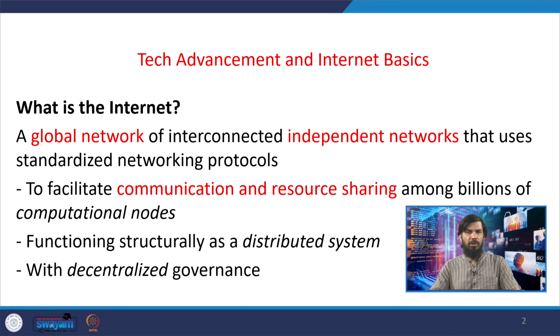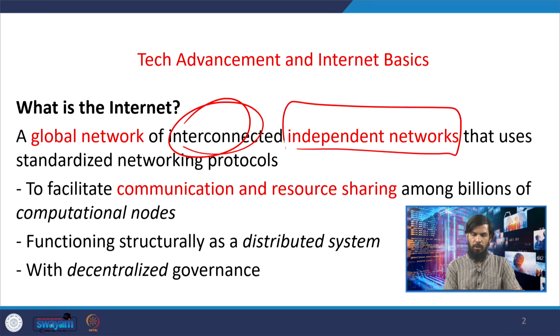Then functionally, if we look at the internet, it works like a distributed system, functioning structurally as a distributed system, because there are different computing nodes connected via network. So, essentially a distribution of computing nodes, in a way we can visualize, and obviously this is a global network. Local networks connect to the global network. So, essentially a global network of interconnected